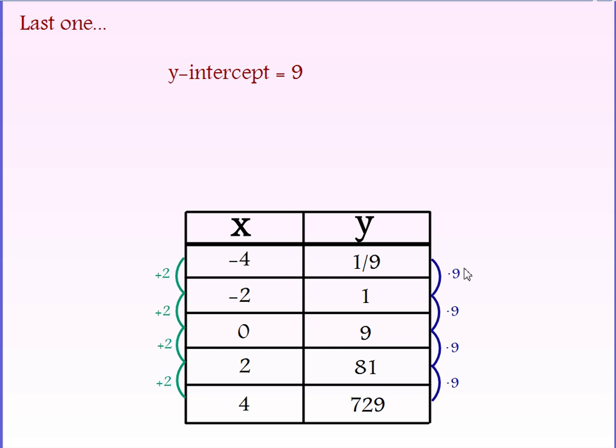Looking at our y values, remember we need to look at what we multiply by, not add. And we can see that we're multiplying by 9 to get from one y value to the next. Now, I can't say that I put 9 over 2, change in y over change in x, to find my slope this time. As a matter of fact, if I'm multiplying by 9 to advance 2 x values,